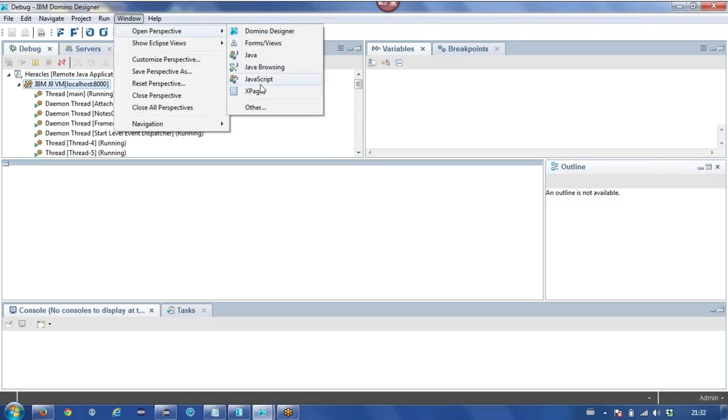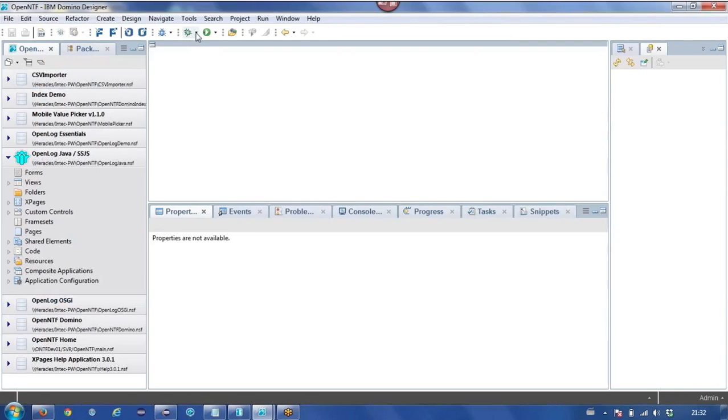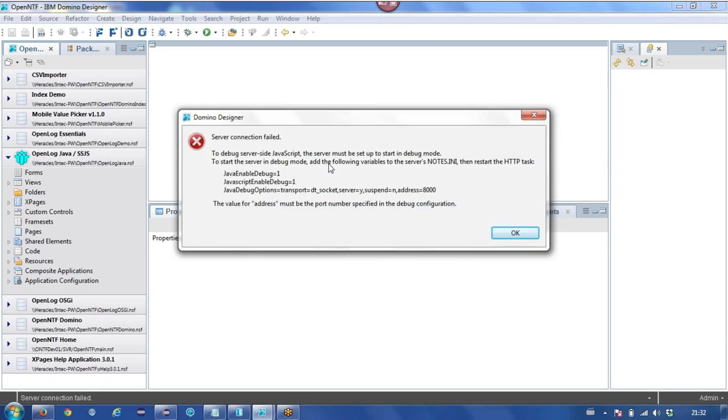Let me just switch back. If someone else is connected, or you try and do it a second time, it says server connection failed. So either someone else is connected, you're already connected for debugging, or port 8000 isn't available.